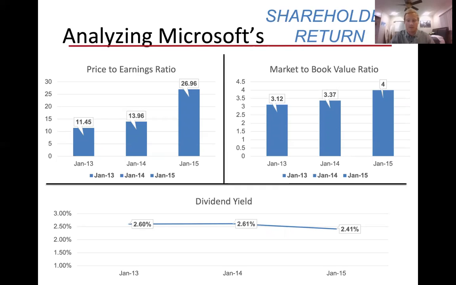Bottom middle, we have the dividend yield. It is a steady, consistent dividend yield. This signifies to us that Microsoft has been consistent in its dividend payments to go along with a rising stock price. One of the biggest indicators when you're going to invest in a company and making sure it's strong is that they're able to increase their dividend, and Microsoft has been able to do that more quarters than not.